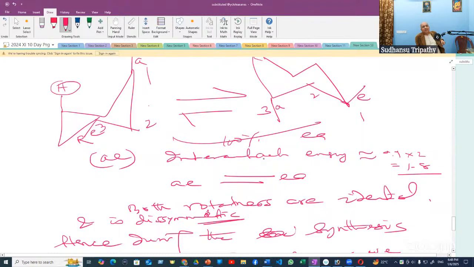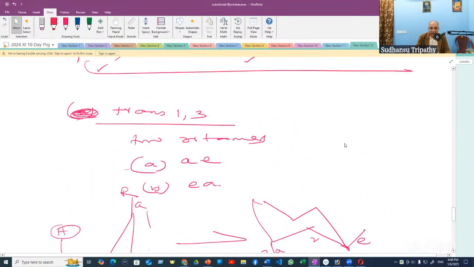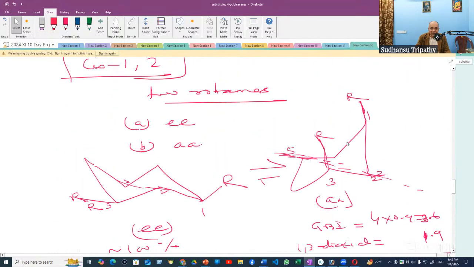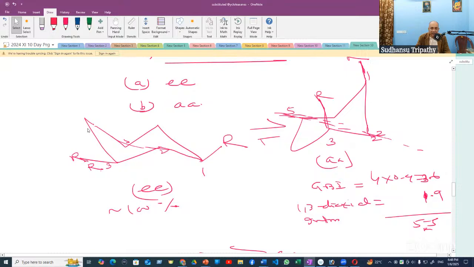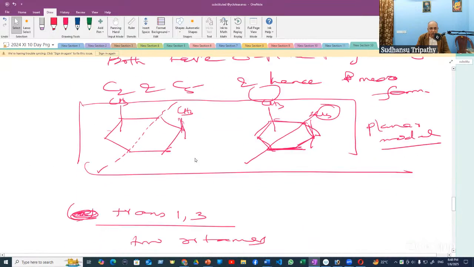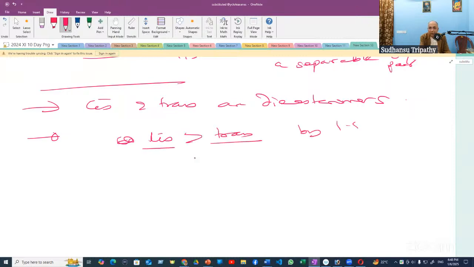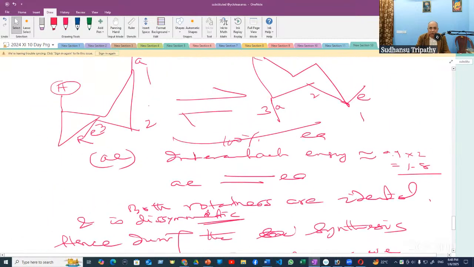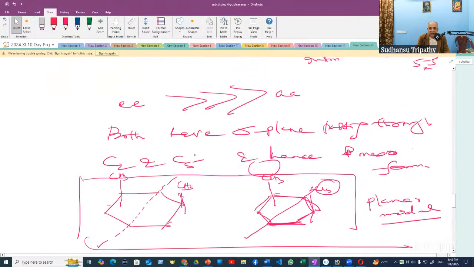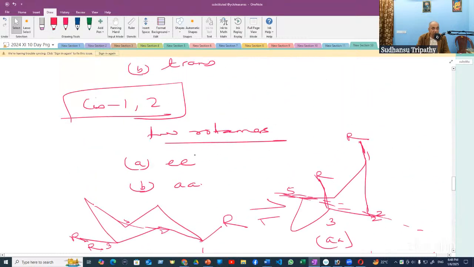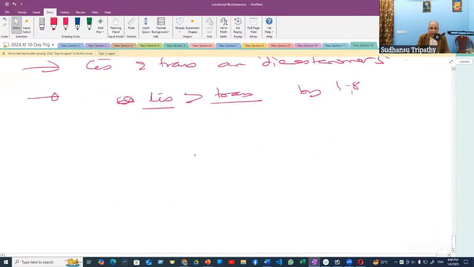That's the beauty. So the stable A form is approximately 1.8, and in the cis category, we have the EE, which is 0. So cis is more stable than trans by 1.8. Trans has an interaction energy of 1.8. Cis, the stable rotamer EE form of cis, has 0 interaction energy, and therefore the abundance in the